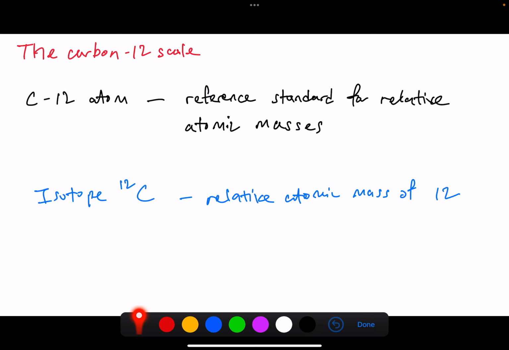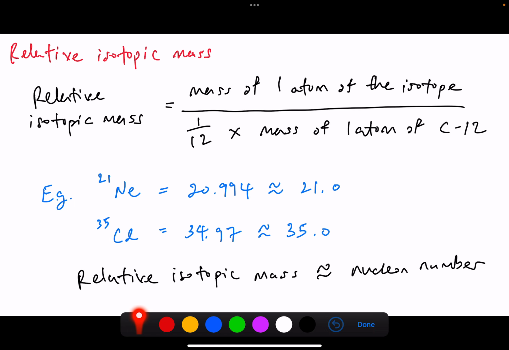So chemists agreed on using the carbon 12 atom as a reference standard for relative atomic masses. The isotope of carbon 12 atom was assigned a relative atomic mass of 12, and the relative masses of all the other atoms are obtained by comparing their mass with the carbon 12 atom. We will describe more about this on the subsequent few slides. So to start off,